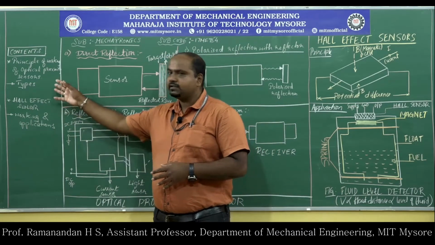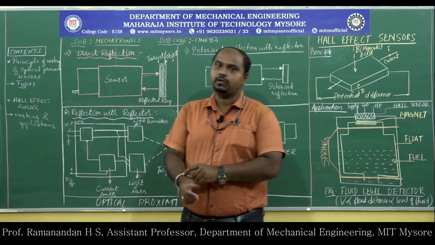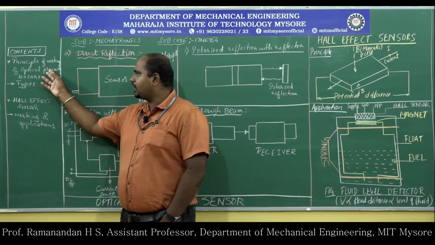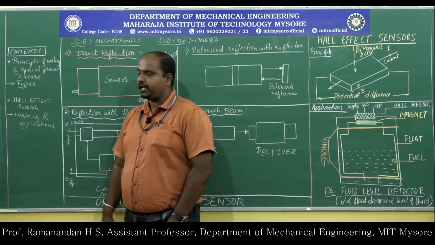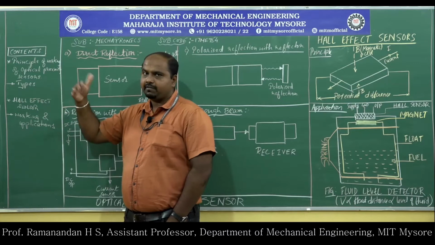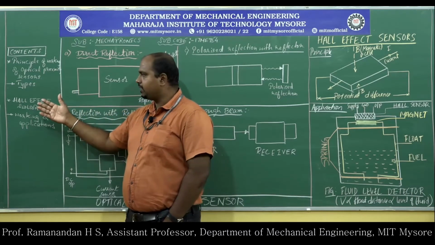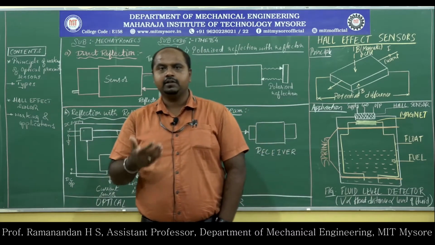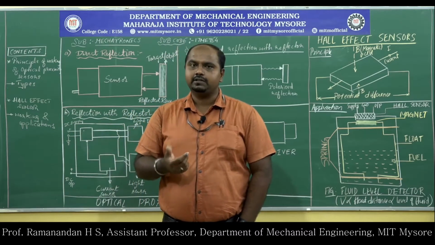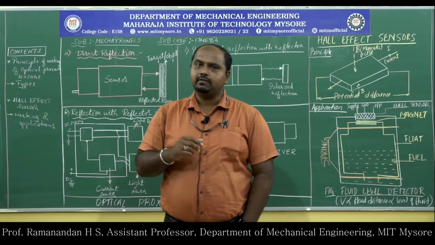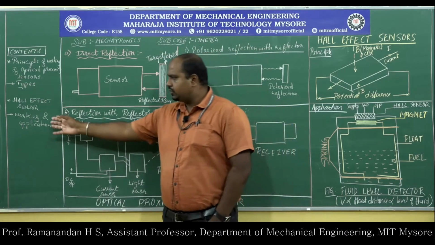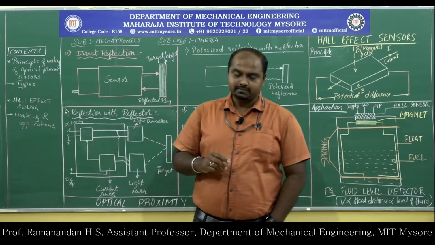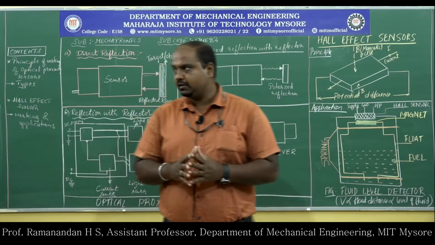So today we will deal with optical behavior of metals as an output as well as an input for any sensor. Today's contents are optical proximity sensor, principle and working. Along with that, what are the various types involved in optical proximity sensors, followed by one more type, apart from light sensors and proximity sensors, the major categories in sensors. The third one is Hall effect sensors, its working and applications. So this is the content of today's session. Let us go one by one.